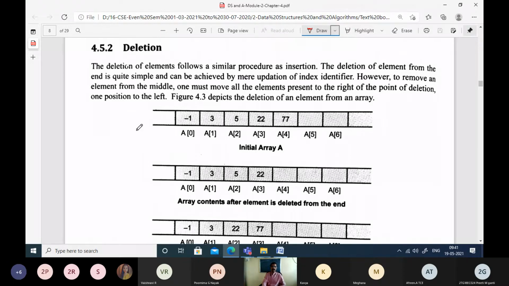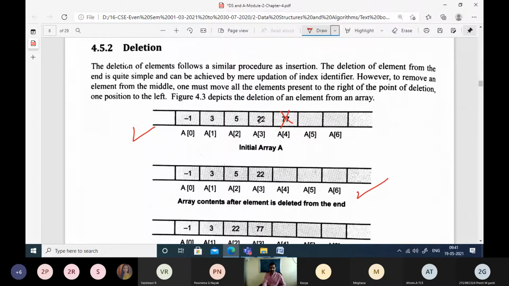For example, this is the initial array, in which there are the elements -1, 3, 5, 22, 77. And if you delete element 77 from the end of the array, this is the scenario. What this scenario shows is the array after the element is deleted from the end.